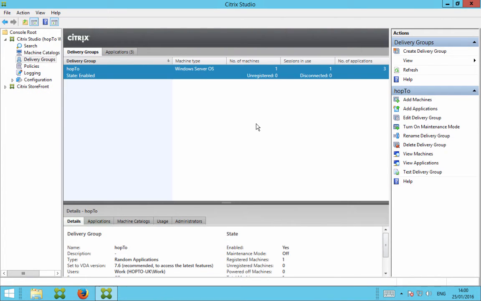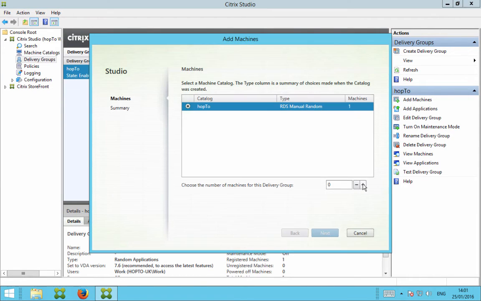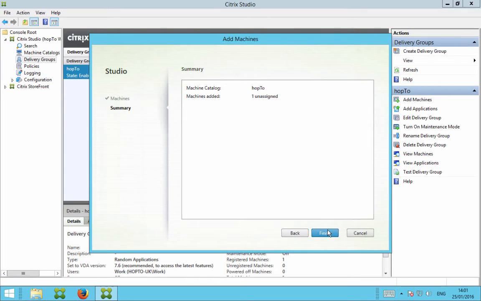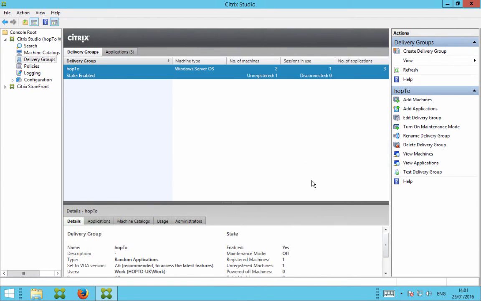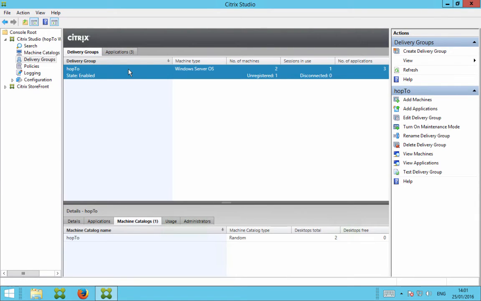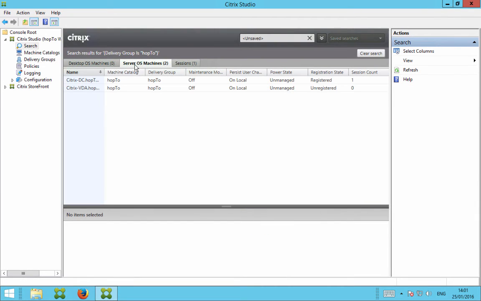The next thing you need to do is add the machine to the delivery group. So to do that, you select delivery groups on the left here, and you click Add Machines. Change the 0 to 1, and then do Next, and then do Finish. Now you see there's two machines added to this delivery group. If I double click the delivery group here and go to Server OS Machine tab, there's two machines added to